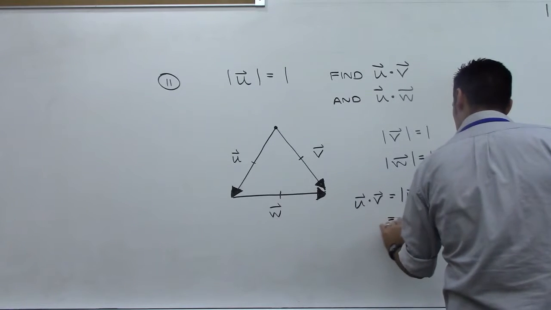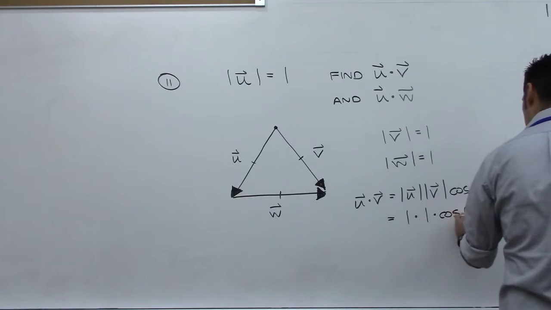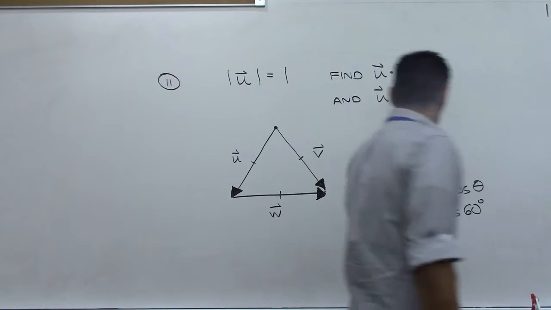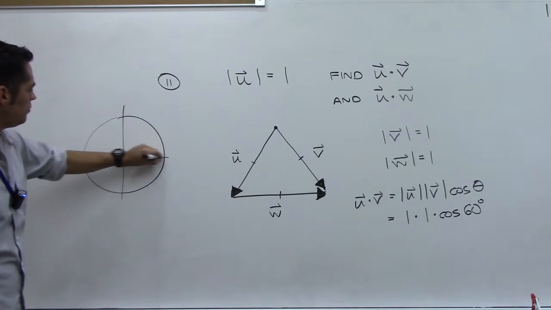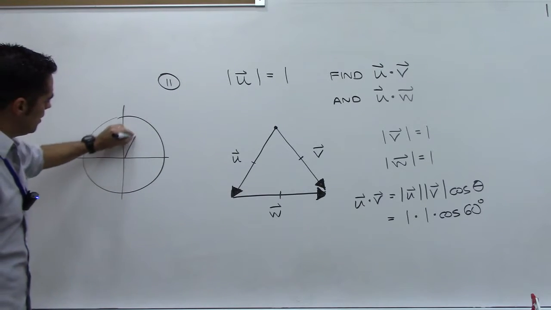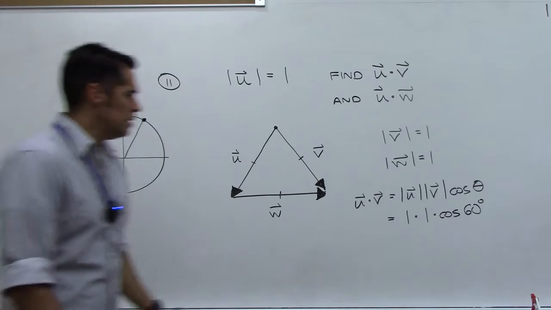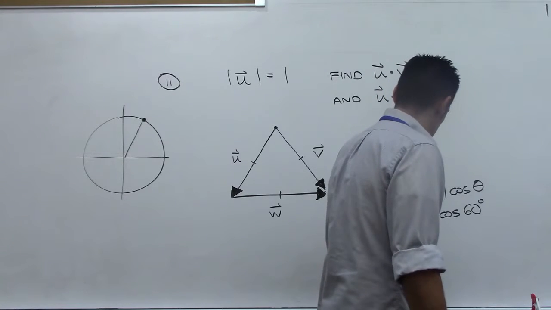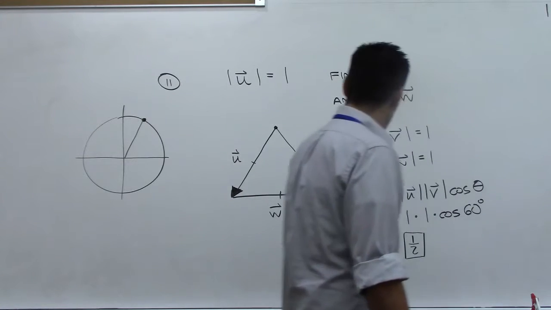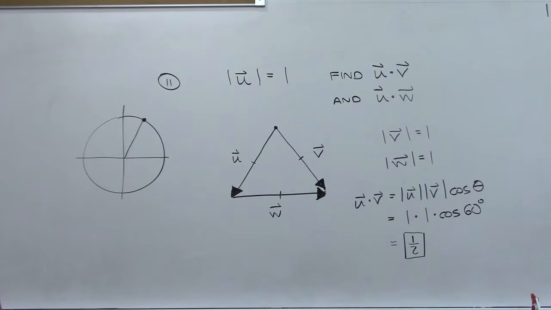So we should get 1 times 1 times cosine of 60 degrees. Cosine of 60 degrees, back to that unit circle. 60 degrees is up here. Cosine's the x-coordinate, which is 1/2. So this should just be 1 times 1 times 1/2, which is 1/2. So u dot v is 1/2. And now we need to look at the next one,